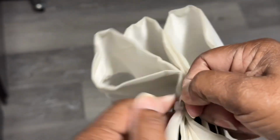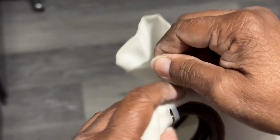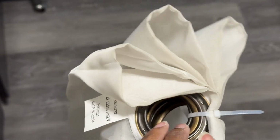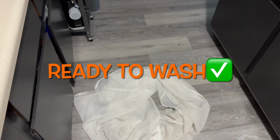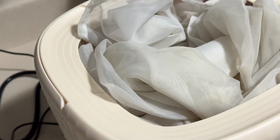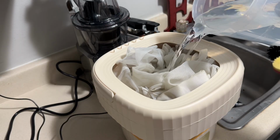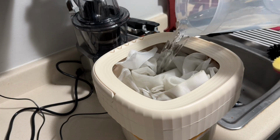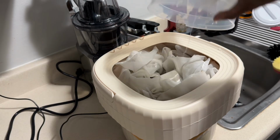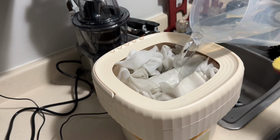And I found that it might be helpful to zip tie the rings at the top to keep it all together, and maybe it'll wash a little bit better. Just trying to see what works and what doesn't. I'm trying to see if both panels will wash in there at the same time initially. So we'll see. I added about 2.5 pitchers of water initially